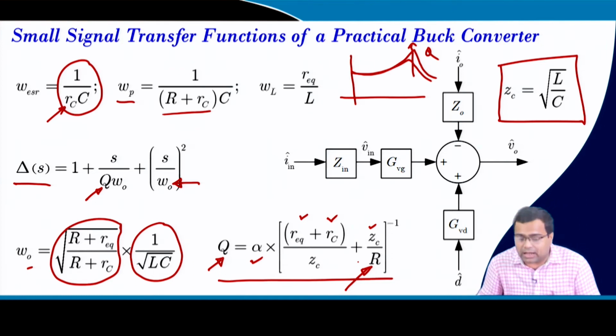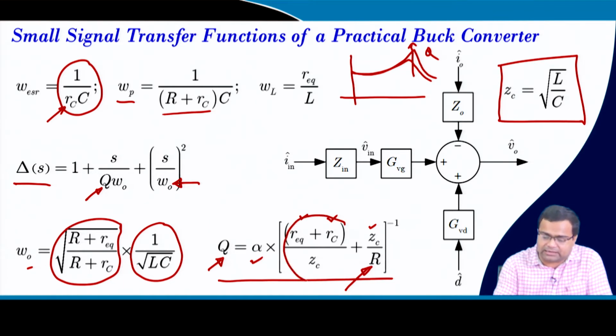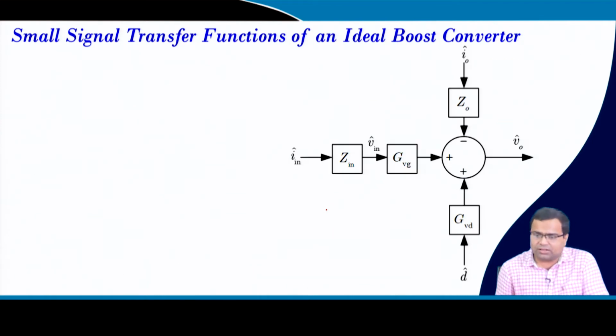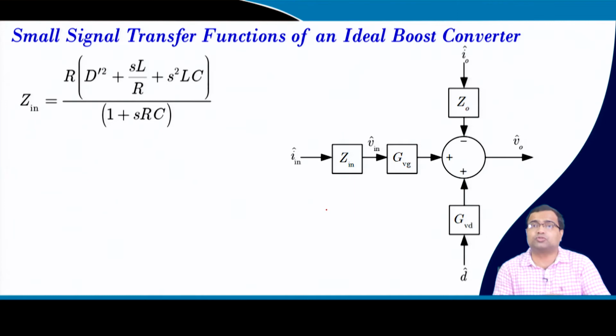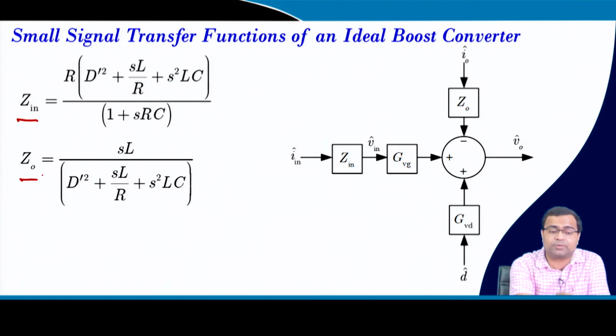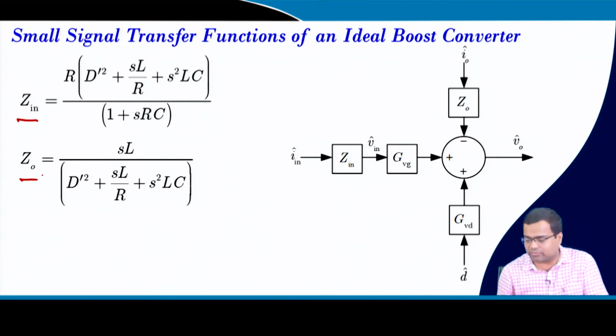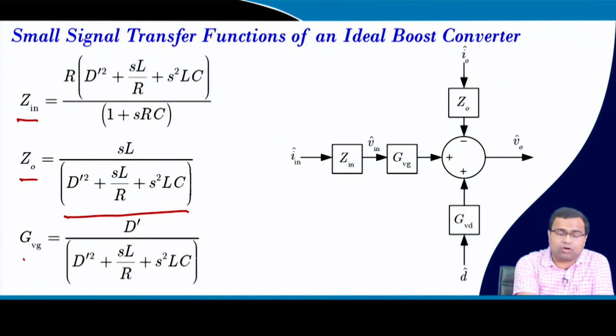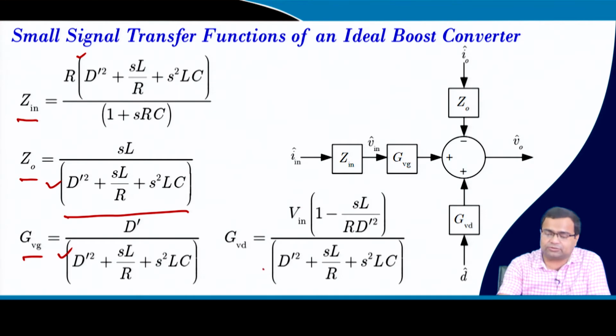In the case of a constant current load, if there is no resistive load, then the Q factor is decided only by the parasitics and the characteristic impedance. So in this transfer function, if you take a boost converter, again we can derive the input impedance and the output impedance of an ideal boost converter. Again it has a 2 pole second order system. Then if you take the audio susceptibility, we can derive it, and these polynomials are common. The control to output transfer function also has 2 poles, but in addition, there is a right half plane zero.